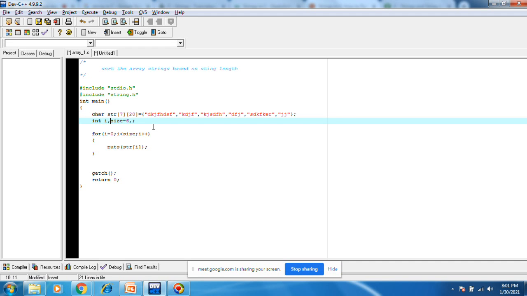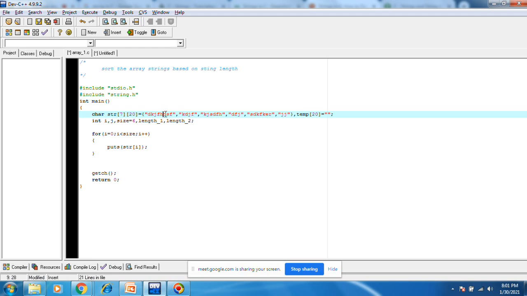Now I am taking whatever initializers are required: length_1, length_2, and a temporary variable, temp of 20. This is the temporary variable for swapping.